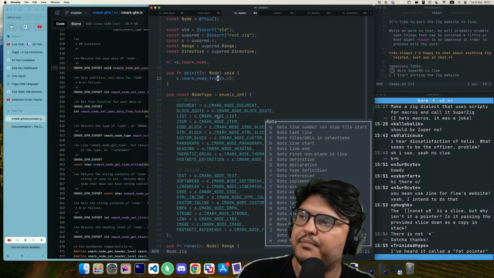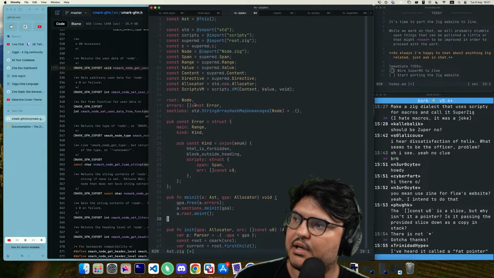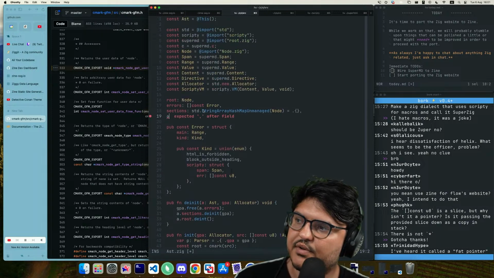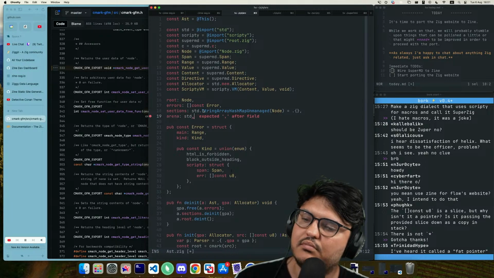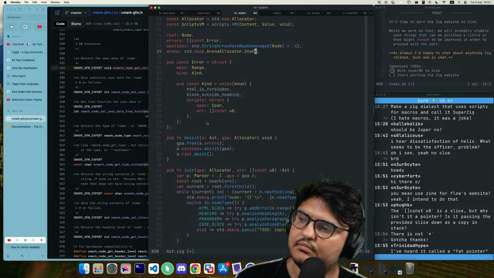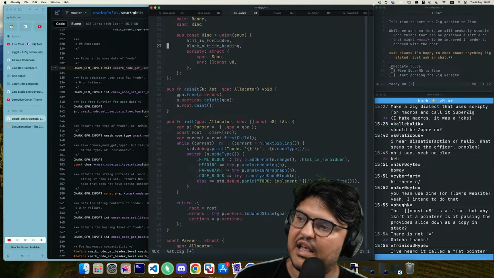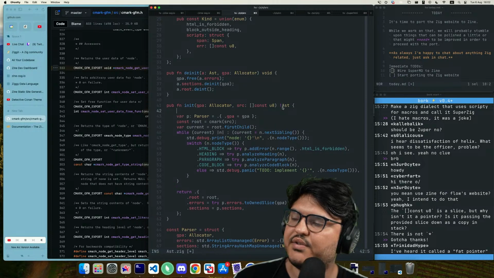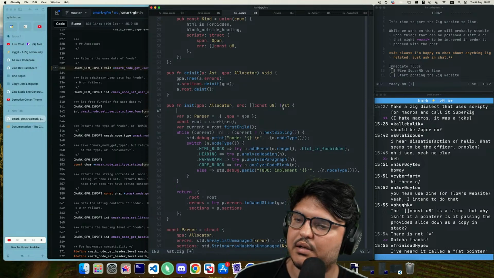So here's what I'm thinking. I'm thinking that for now, this thing also has an arena. And this is what we use all the way through. So init creates a parser, first creates an arena implementation.